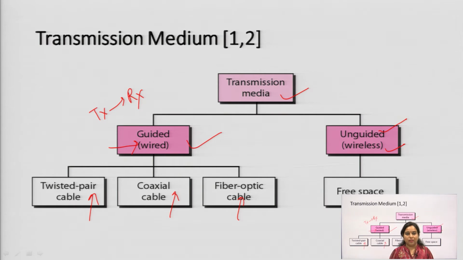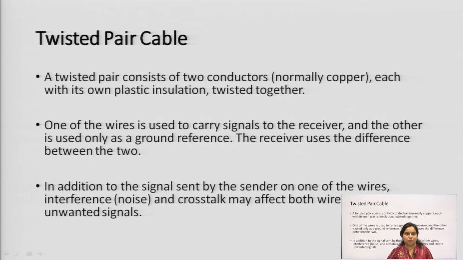coverings are there. Coaxial cable has a simple copper wire, above it a plastic coating, then a braided metal coating so that it will be safe. Then fiber optic cable consists of a core and cladding concept. In case of unguided, there is free space. Free space depends on different types of frequency bands that we can use, like radio frequency or the microwave frequency range. So, this is how the frequency ranges will be used for free space transmission.